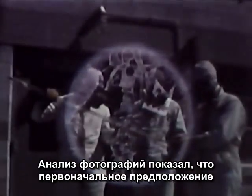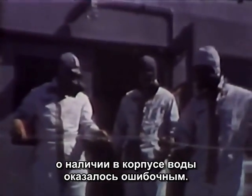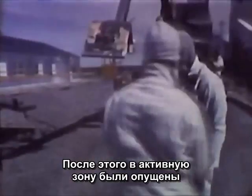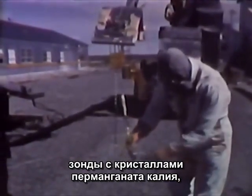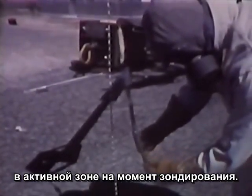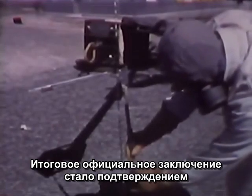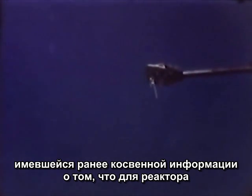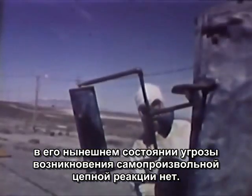Contrary to earlier interpretations, the films did not verify that there was water in the vessel. Subsequently, chemical probes containing potassium permanganate crystals confirmed assumptions that the vessel was dry at the time of the measurement. Official conclusions eventually confirmed earlier indications that the reactor was nuclearly safe as long as nothing was done to change